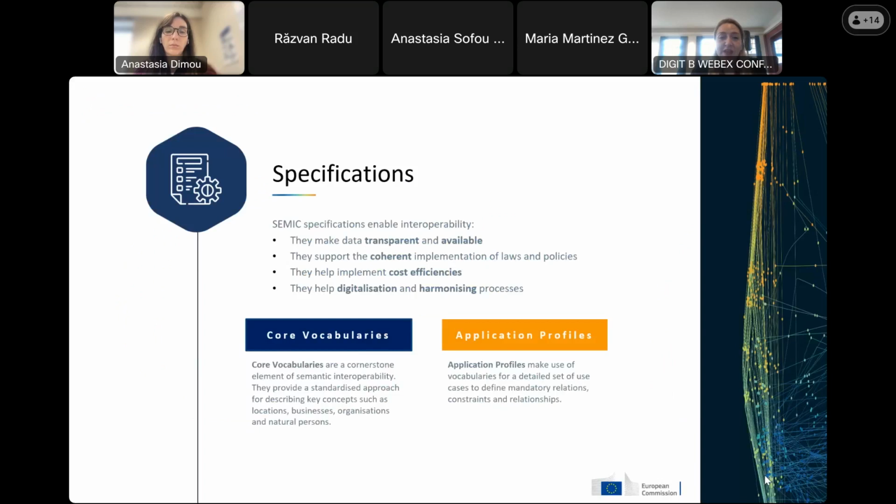Moving forward, more in focus of specifications. How do SEMIC specifications enable interoperability? Well, they make data transparent and available. They support the coherent implementation of laws and policies. They help implement cost efficiencies, and they help digitalization and the harmonizing process. This, of course, applies to interoperability as such. So building on the principle of interoperability, what we do with our specifications is enable semantic coherence across different implementations of